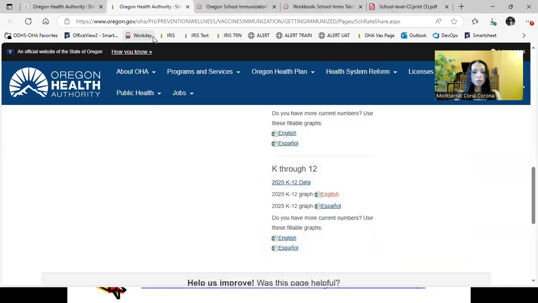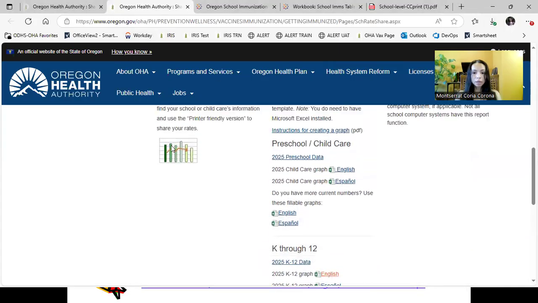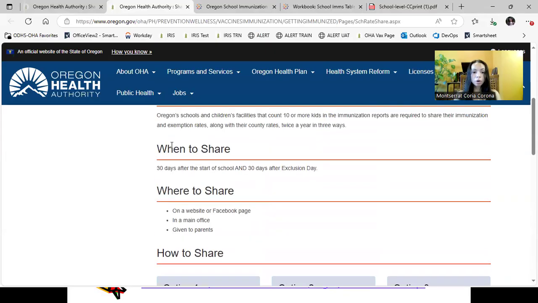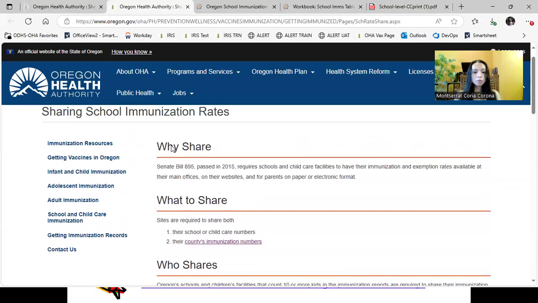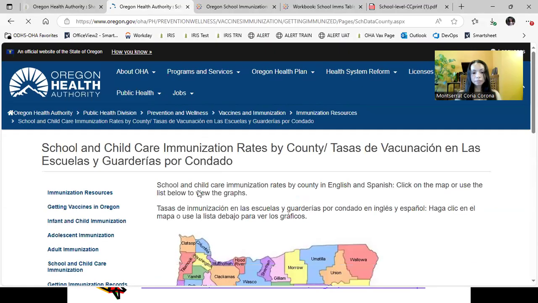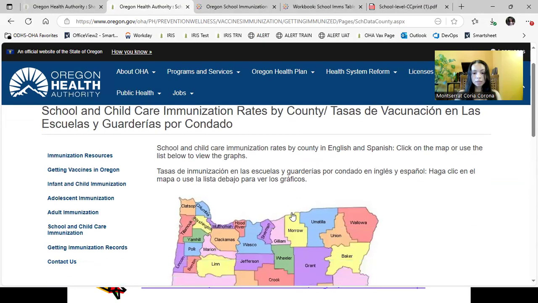So we're going to go back to our web page right here. And as you may remember, you are required to share your individual numbers, which I showed just how to do. But you are also required to share your county's immunization rates. To do that, we're back on our website and we're going to scroll back up to the what to share section. And you'll see that county immunization numbers, it's right here. So you're going to click that link